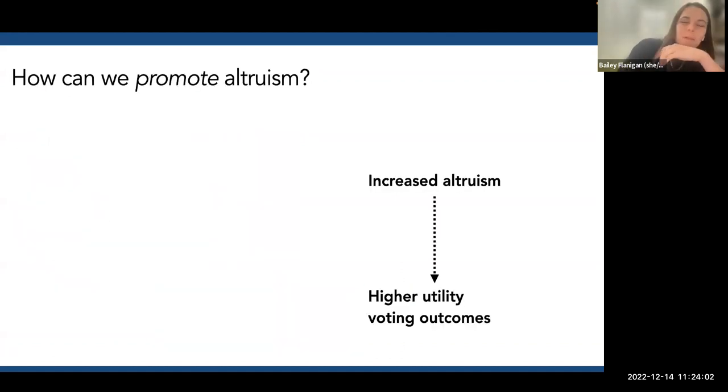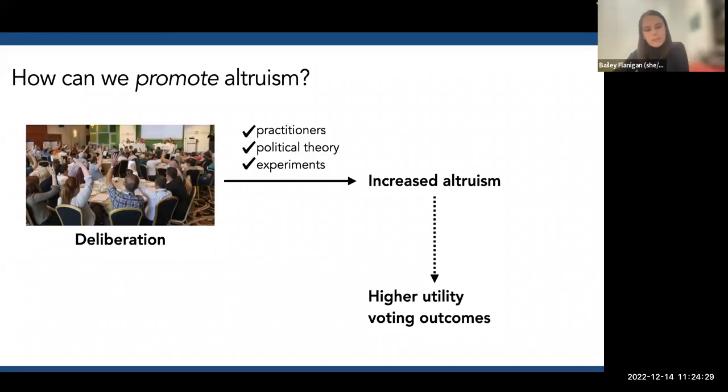Okay, great. So there's a conceptual idea that increasing voters' altruism can lead to higher utility voting outcomes. And why is this interesting? It's interesting because unlike this condition on the utility matrix, which we can't really control, there are existing interventions in the space of how we design democracy that are thought to increase people's altruism in how they make decisions democratically. In particular, one very prominent example is deliberation. The idea is that before people vote, they get together and discuss the issue with a diverse group of people in a structured environment where they're sharing experiences and opinions about the issue at hand.